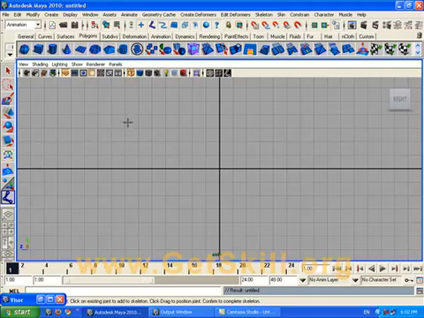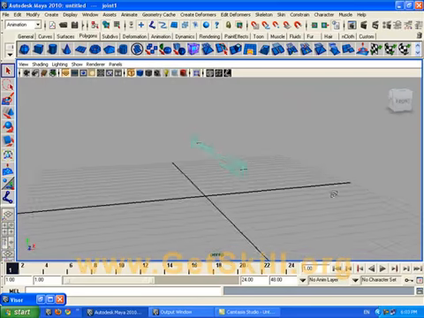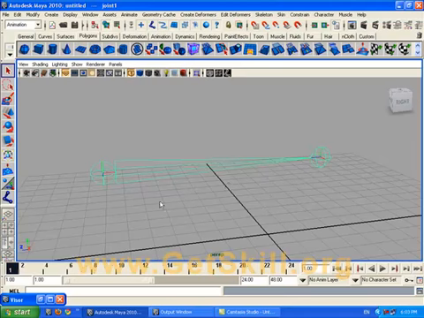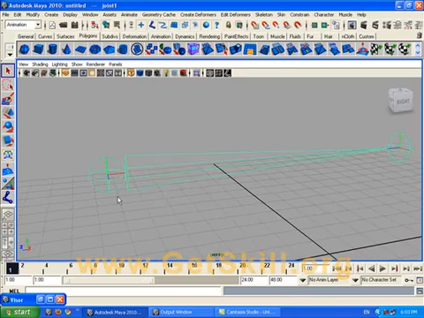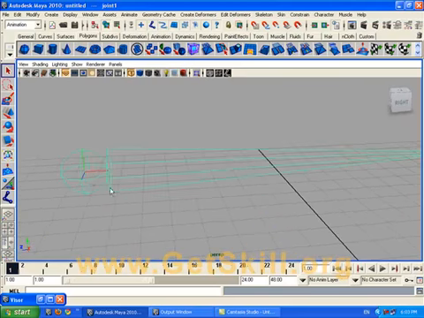Draw two joints here. Click once for the first joint and click once again for the second joint. Hit enter on keyboard. Here we go, and now you are able to view your joints in perspective. You go to the perspective view. This is the joint, like a bone. A bone has two joints, and you can examine that the red line of the x-axis is pointing to the bone. This is the red line of the x-axis,